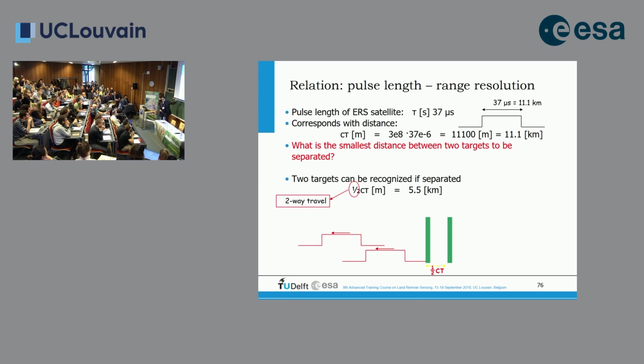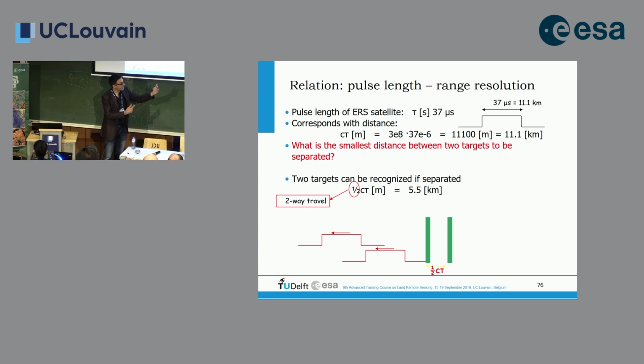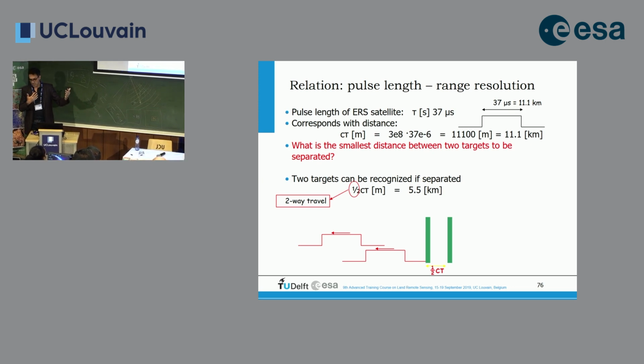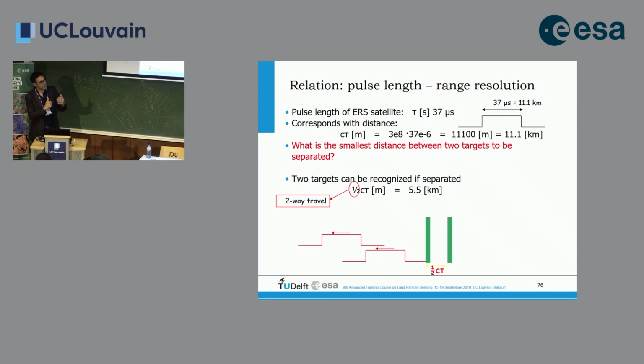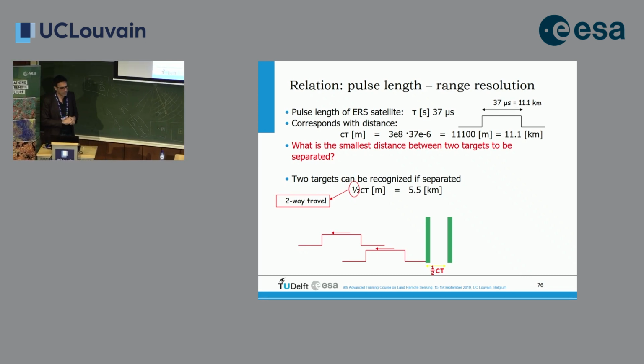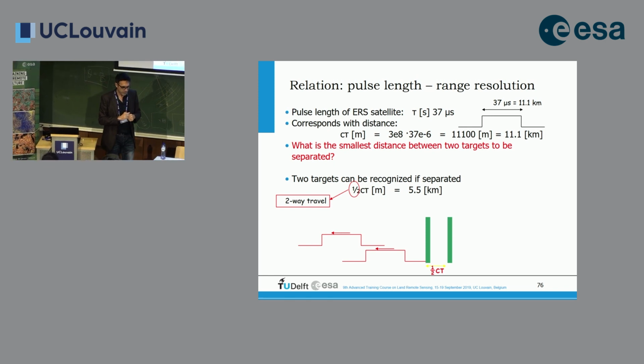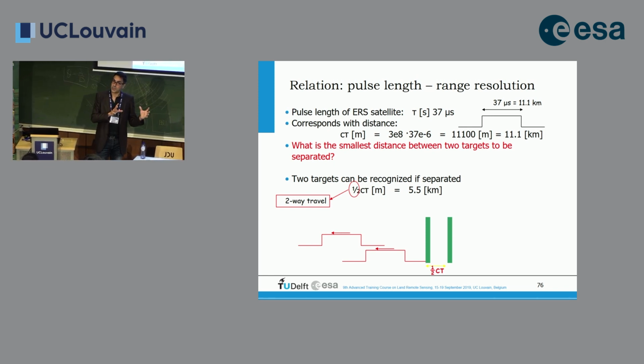And because the distance between these two objects, bottles or whatever it is, is more than half of the pulse length, the physical pulse length, now I can discriminate them. So if these bottles would be closer than that distance, 5 kilometers, I would not be able to discriminate them. So now you see the similarity between what we discussed in the synthetic aperture case in